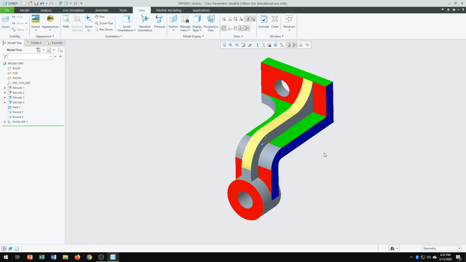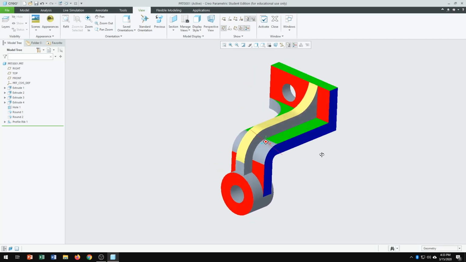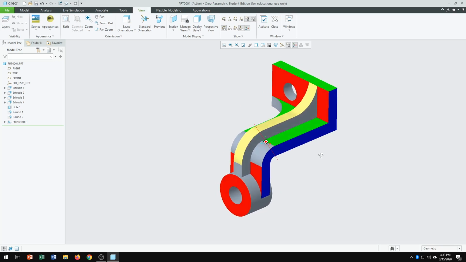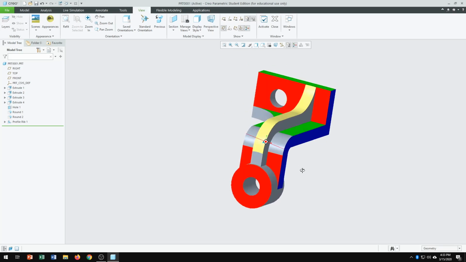This is another video, and I hope it will be very useful for those of you who are not sure yet how to start creating the base feature of a solid model such as this one, which has a number of steps to create this shape. I'm going to start from scratch and show you how to start with a base feature and the